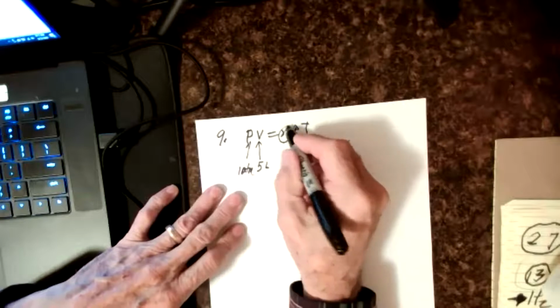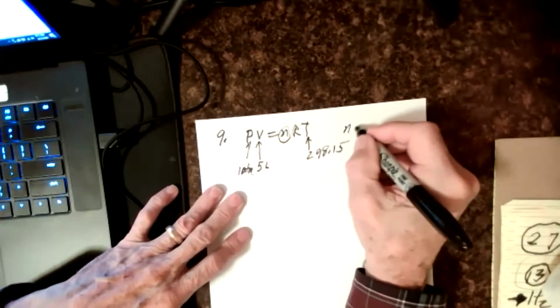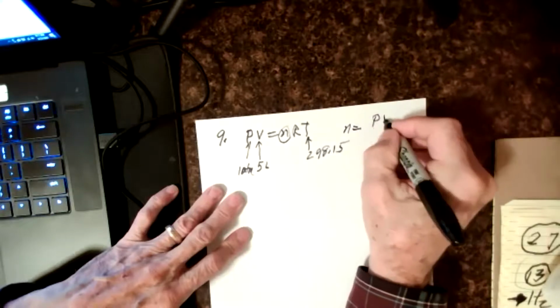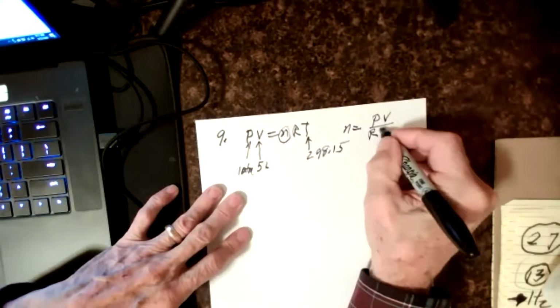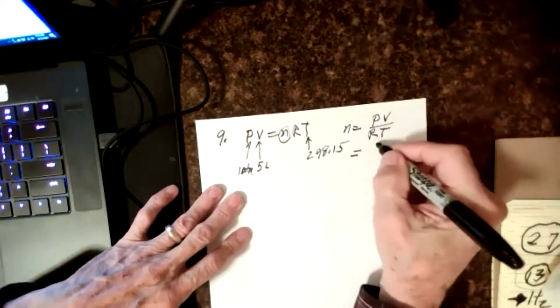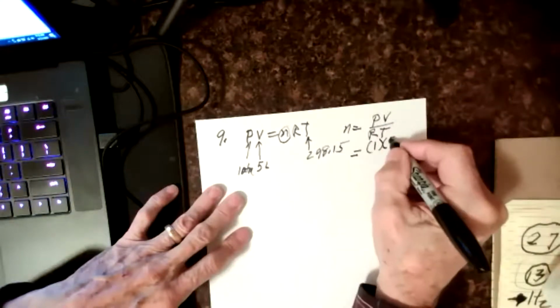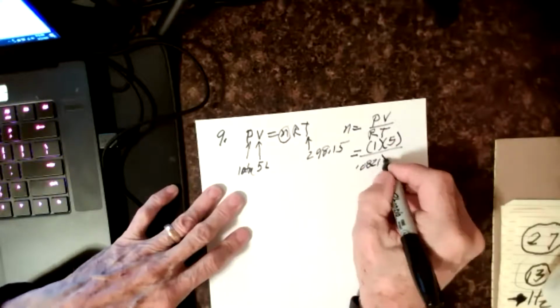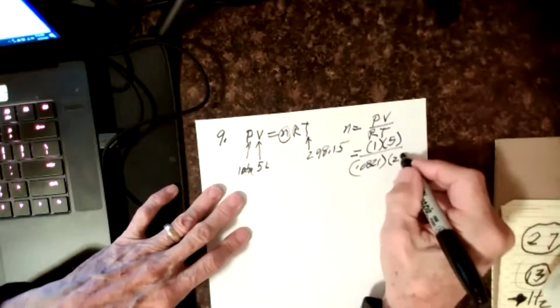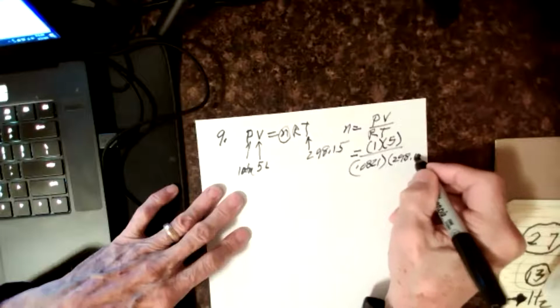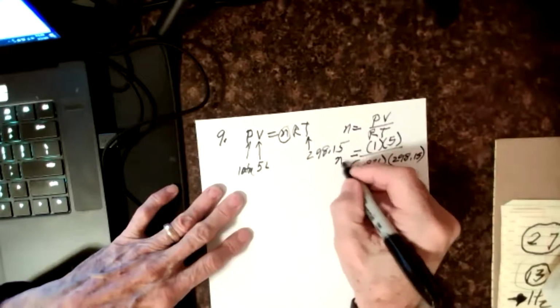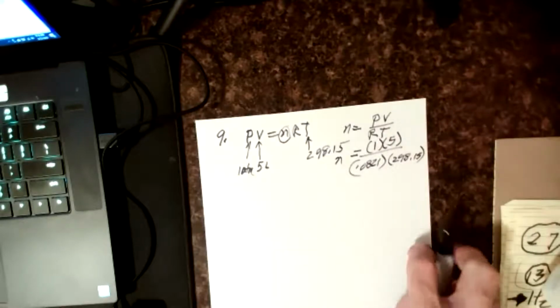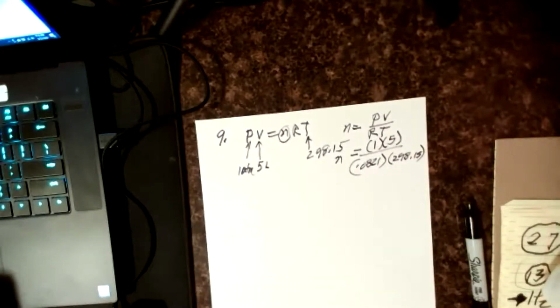So I can solve this for N. N is equal to P times V over R and T. The pressure is 1 atmosphere. The volume is 5 liters. R is 0.0821. And the temperature is 298.15. Okay, so I can solve for the number of moles. So I've got 5 divided by 0.0821 and divided by